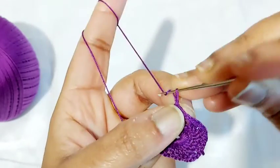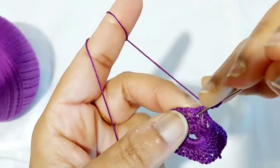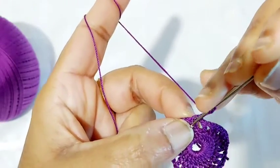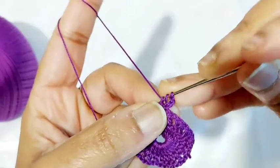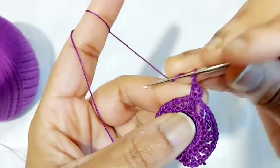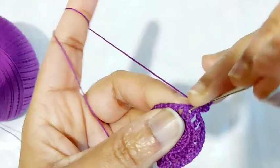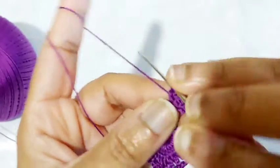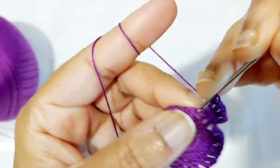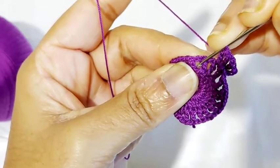you have to chain 3. That's counted as a double crochet, and then there's the chain 1 space in between here. You'll have to make a double crochet and chain 1, make 2 more double crochets in the same chain space here. 1 and 2. So you'll have to skip this chain space here and go to the next one here and repeat